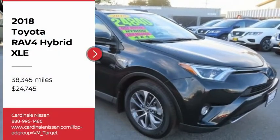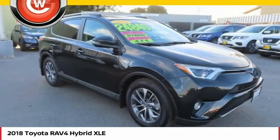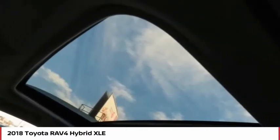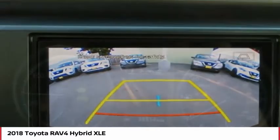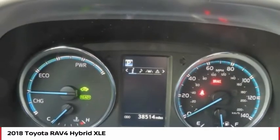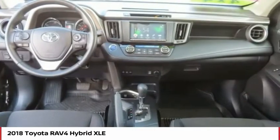Looking for the right vehicle? Check out the 2018 RAV4 Hybrid. The Toyota RAV4 Hybrid offers a spacious interior, an abundance of technology, and safety features galore. When pairing all of this with a dynamic exterior, it's not surprising that everyone is talking about this vehicle and